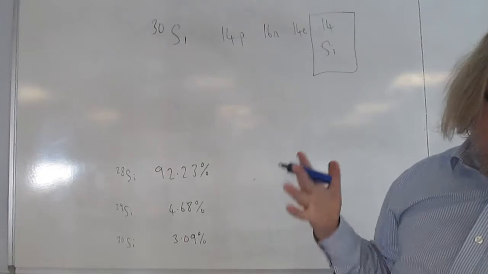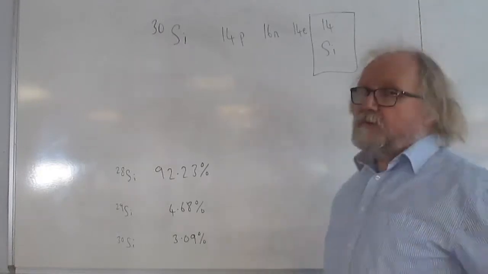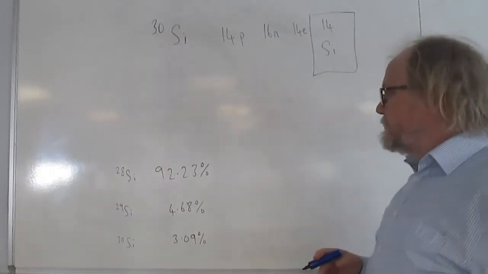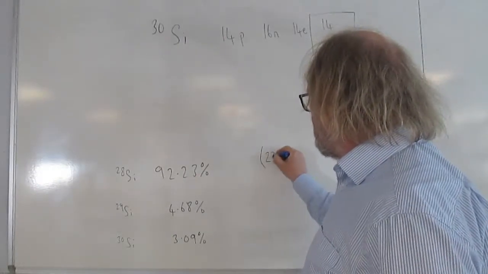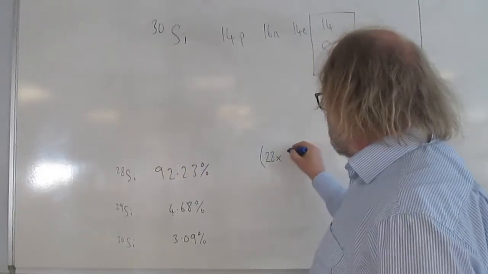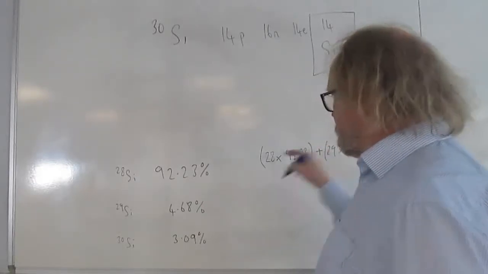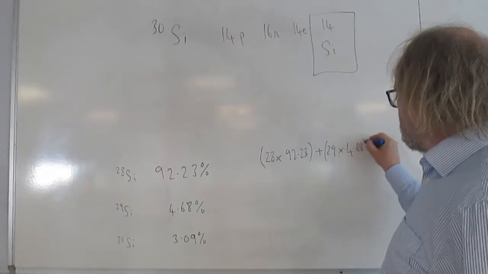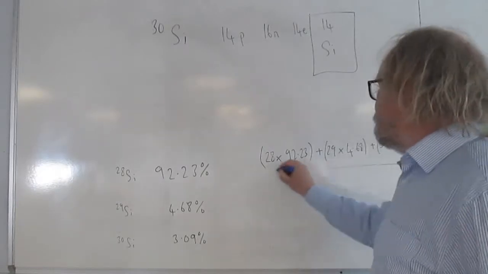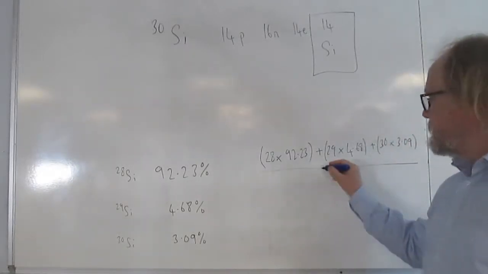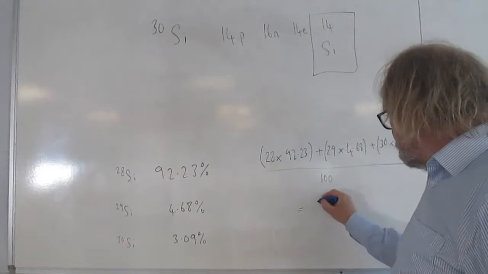Then we're asked to calculate the relative atomic mass of silicon in the sample from these data here. So remember, relative atomic mass is just a weighted mean, which means what you do is for each of these isotopes you calculate the mass number times the amount there is. So we'll have 28 times 92.23, plus 29 times 4.68, plus 30 times 3.09, and you divide by the total of the amounts, and since the amounts are percentages, obviously they just add up to 100, and if you compute that, it comes on your calculator to